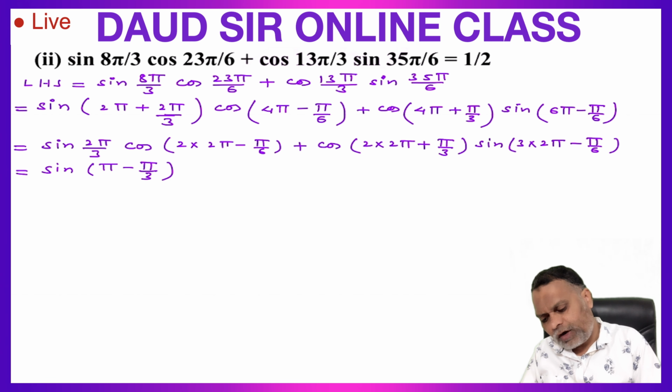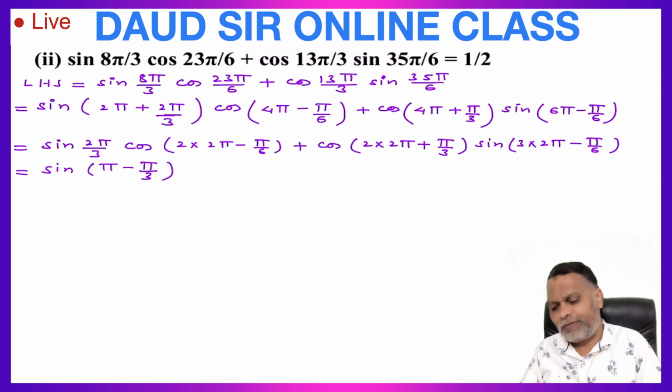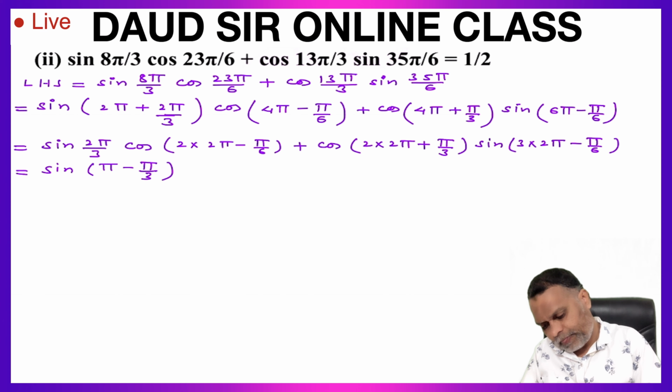This is cos n into 360 minus theta, and 360 minus theta is the same thing. This n is the number of rotation here too. So 360 minus theta lies in fourth quadrant. In fourth quadrant, cos is positive, so this is cos, plus sign. In case of 360 degree, there is no change, so cos pi by 6.